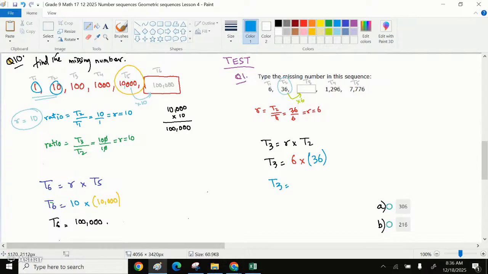That means term number 3 comes out to be 6 times 36. That is 216. That means it is option number B. We click on option B, and the website will show you whether the answer is correct or incorrect. Okay,